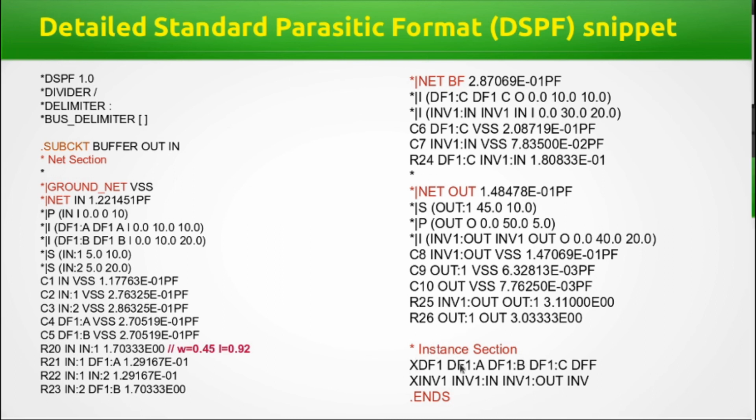So this is used in a SPICE simulation directly. Here the SPICE instances of the different internal parts will be there, and there is a .ends at the end. So this ends the SPICE sub-circuit. This is for a buffer, right? So sub-circuit buffer ends here. This is how DSPF is different, because in SPEF there will be no instance section. In DSPF it will be there. A DSPF is a SPICE ready format, while the SPEF is not a SPICE ready format.